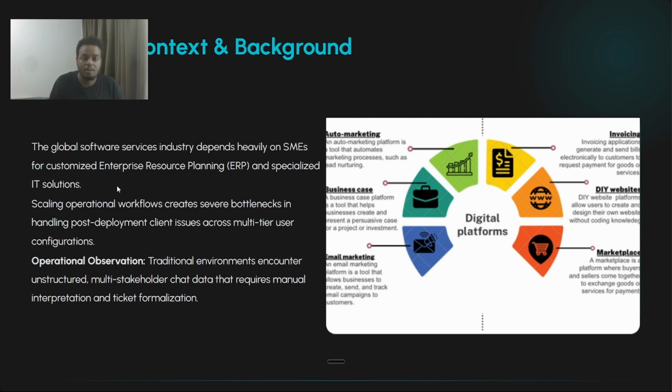First of all, let's have an industrial context and background. I worked for an ERP small to medium enterprise named Wavelet, and that company faces an issue which is managing clients. Usually a client is not just a single entity. It's an entity that has many other people under it, like employees, and it's very hard to manage all of them when they report issues with our application or the service that we provide to them.